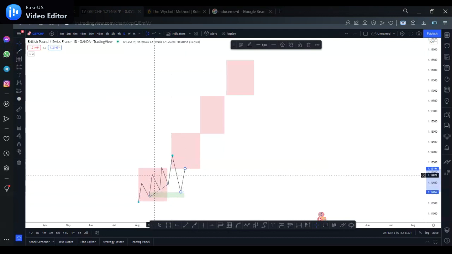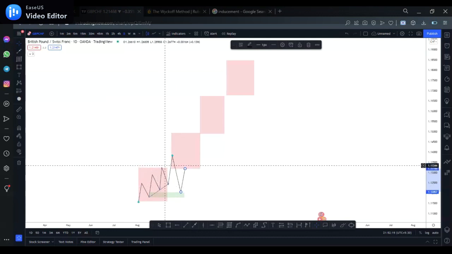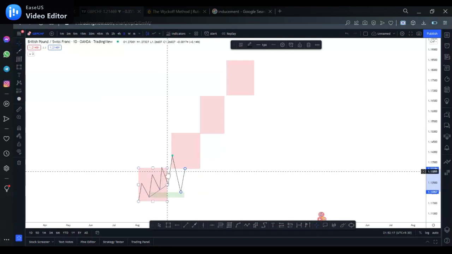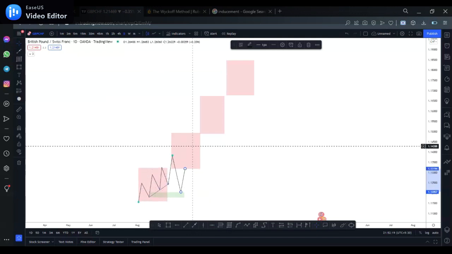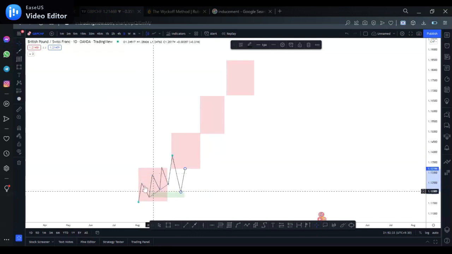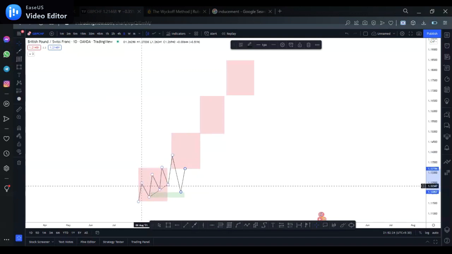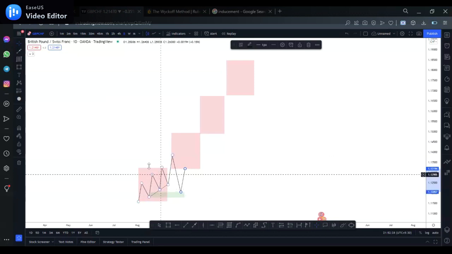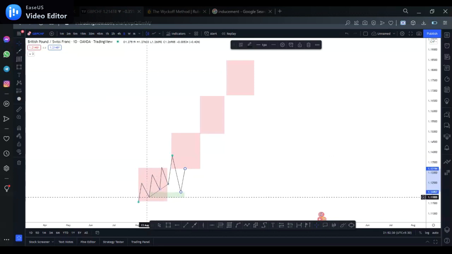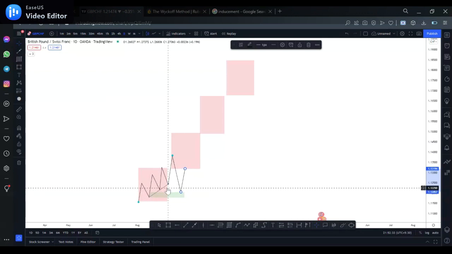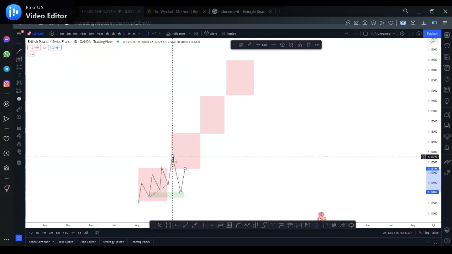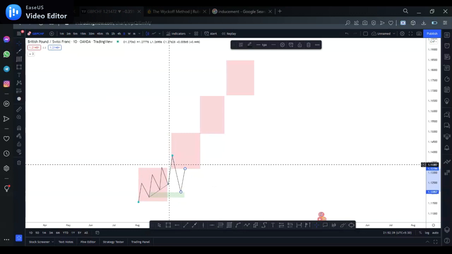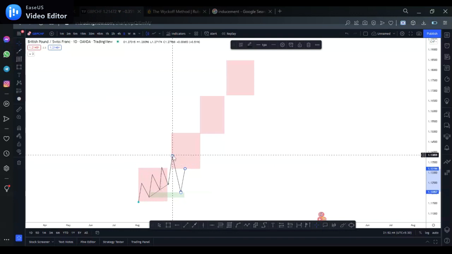The previous liquidity. So once a range is broken, everything within that range becomes liquidity. That's why we have two types of liquidity: the internal range liquidity and the external range liquidity. Now, once this range is broken, everything within this box becomes liquidity. Sorry, every low within this box becomes a target. All right, so now this high is a weak high. So it's the external liquidity because it's in an external box. It's outside the range, so it's an external liquidity right now.